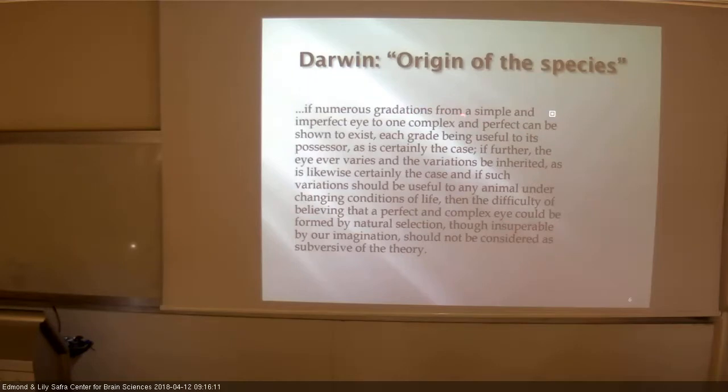If numerous gradations from a simple and imperfect eye to one complex and perfect can be shown to exist, each grade being useful to its possessor, as it certainly is the case, if further the eye ever varies and the variations are inherited, as is likewise certainly the case, and if such variation should be useful to any animal under changing conditions of life, then the difficulty of believing that a perfect and complex eye could be formed by natural selection, though insuperable,